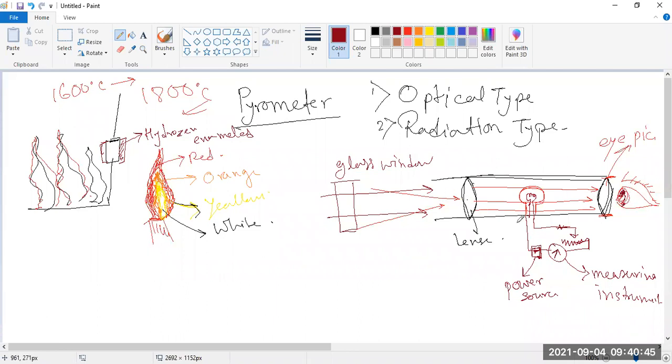Look what happens if we are increasing the intensity by this resistance. We are increasing the light intensity, or decreasing the intensity of this light, by this resistance. Okay, so this is the surrounding light, and this is the light from the filament. This is the light from the filament, and this is the surrounding light. Look, if the filament light or the filament is looking much brighter,